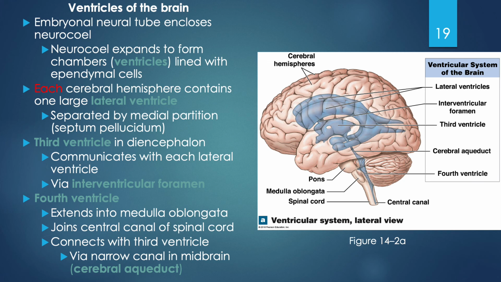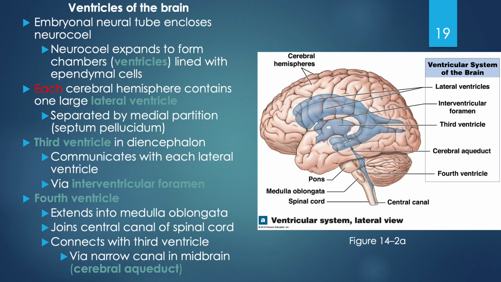The septa, or septum, is a wall. And if you think of the word pellucidum, lucid just means clear, right? If somebody's thinking clearly, they're very lucid. And so pellucidum is a very thin, narrow wall that separates out the 2 ventricles. There's also the third ventricle that's in the diencephalon, and this one will communicate with both of the lateral ventricles through the interventricular foramen. And then we have the fourth ventricle even further inferior to that, and that's going to